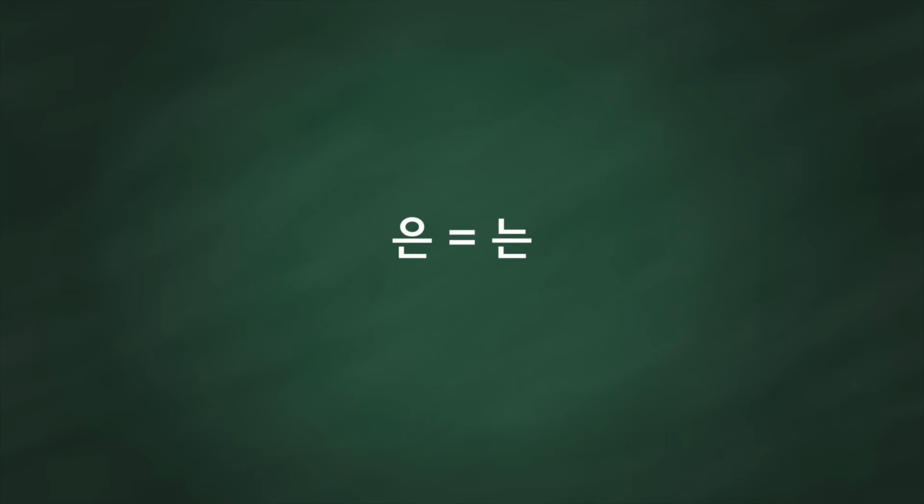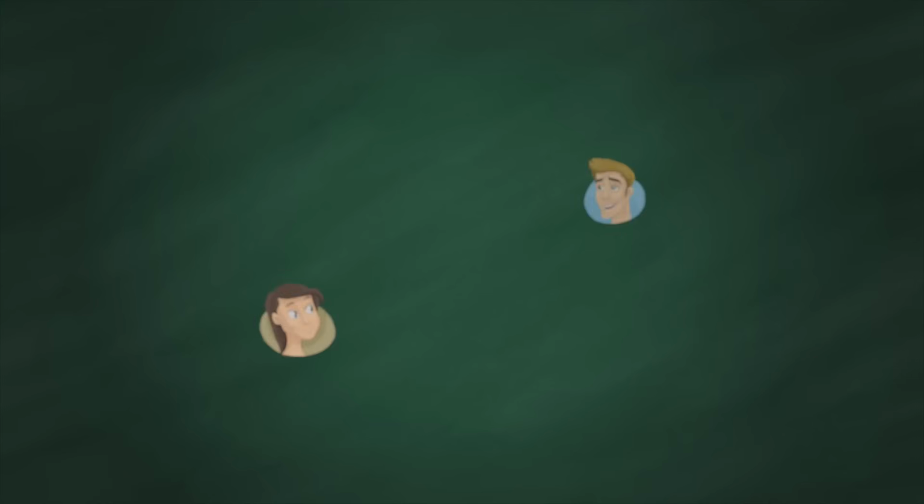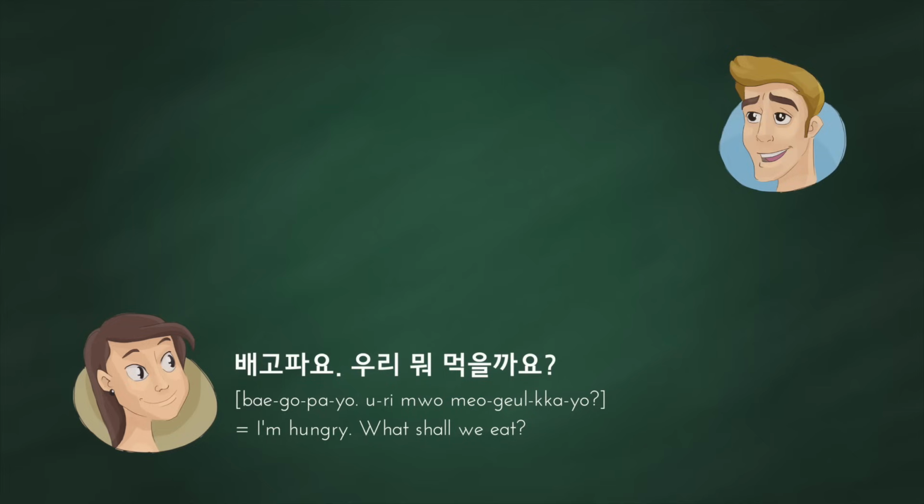And these topic marking particles, 은 and 는, also have another function. This is more interesting. It shows contrast or change of context, so to speak. So please take a look at this short conversation. Person A says, 배고파요. 우리 뭐 먹을까요? And person B says,